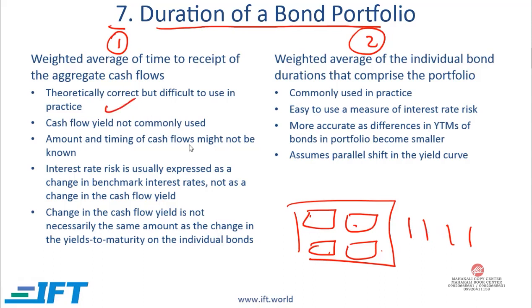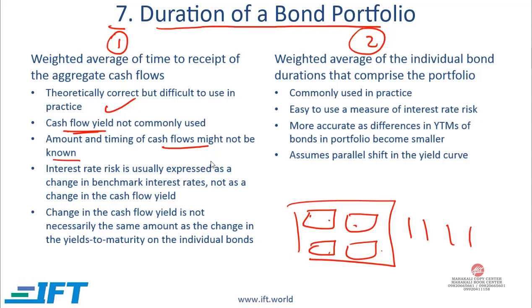This is the theoretically correct approach, but it is difficult to use in practice. Effectively, what we are doing here is coming up with the cash flow yield, and this is not commonly used. The amount and timing of cash flows might not be known because some of these bonds might be bonds with call options or put options. Some of these might be mortgage-backed securities which are interest rate sensitive, so the timing as well as the amounts